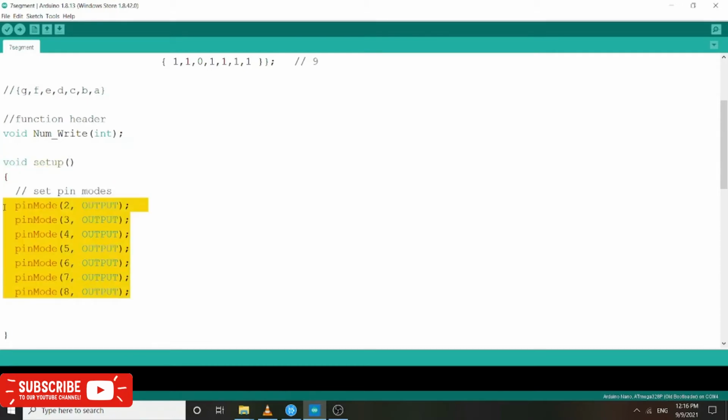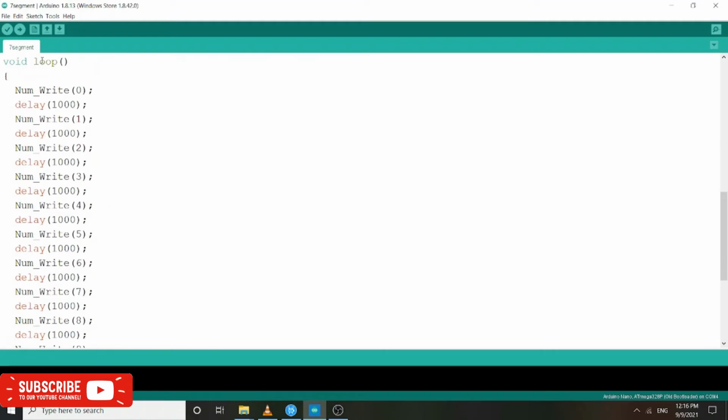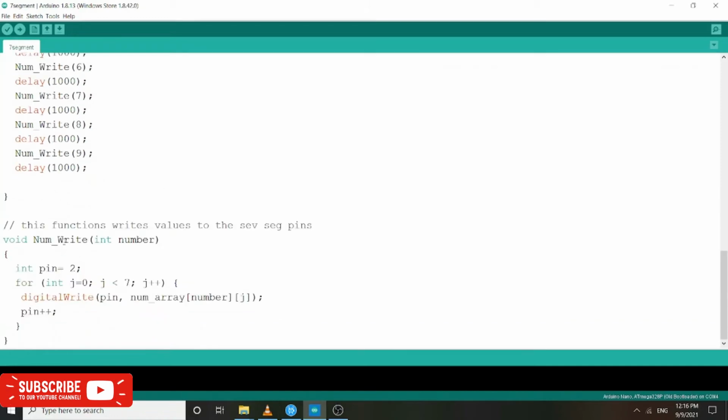pins of the Arduino which output each segment, that is pin 2 to pin 8. And in this loop I have written number 0 first and given it a delay of 1 second, and then again written number 1, then given it a delay of 1 second. This is how I have coded it, and this is the function which I was calling from the loop, and